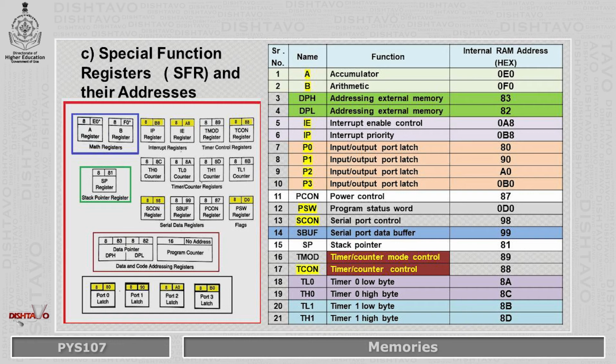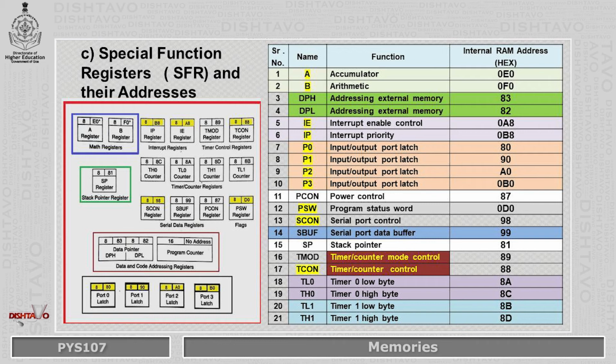The DPTR is under the control of program instructions and can be specified by its 16-bit name DPTR or each individually by the names DPH and DPL. DPTR does not have a single internal address. DPH and DPL each have assigned addresses.